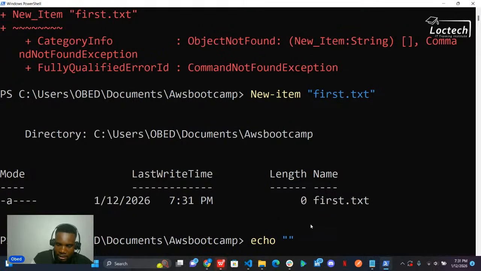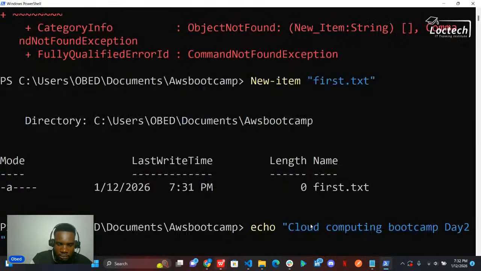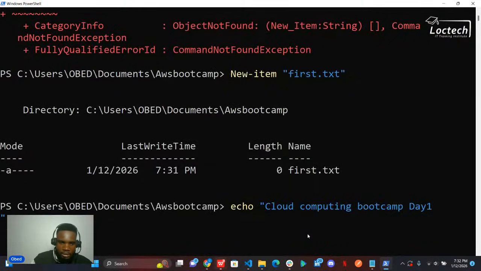So I want to write into the file: Today is my first day, or let's just say cloud computing bootcamp day one. Cloud computing day one.